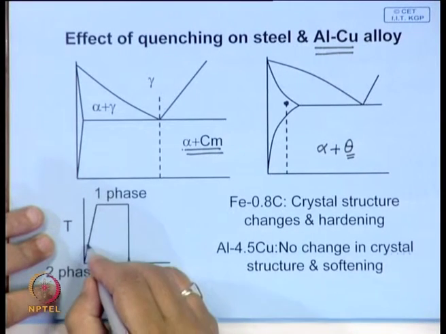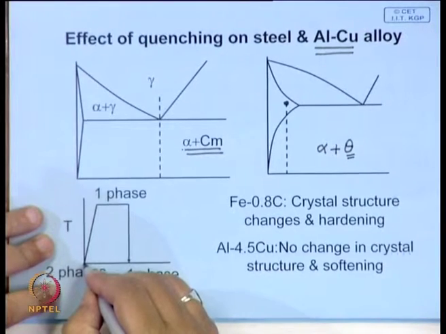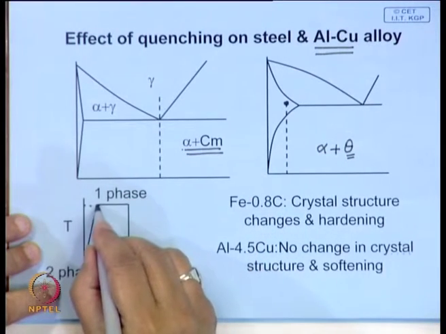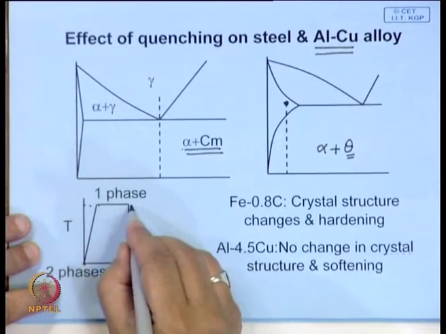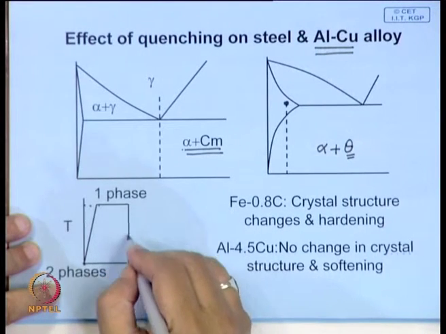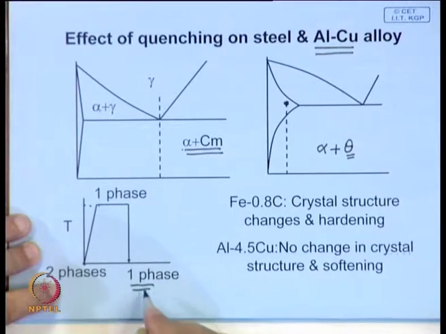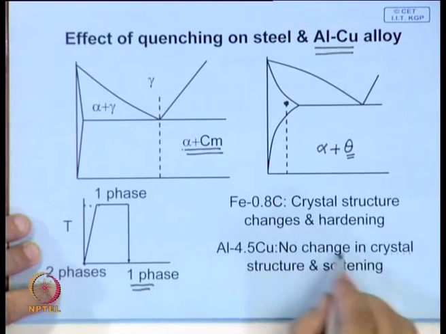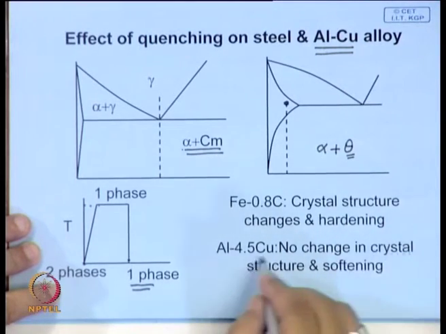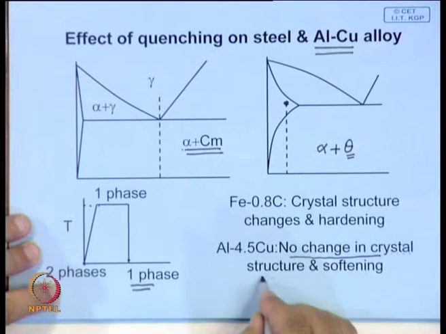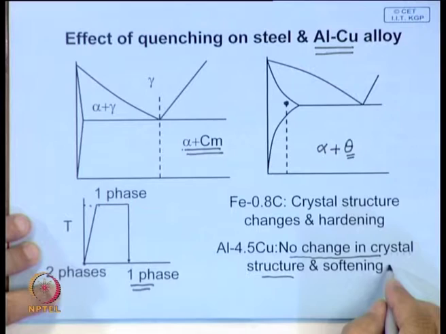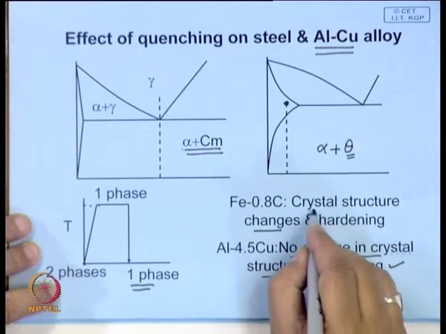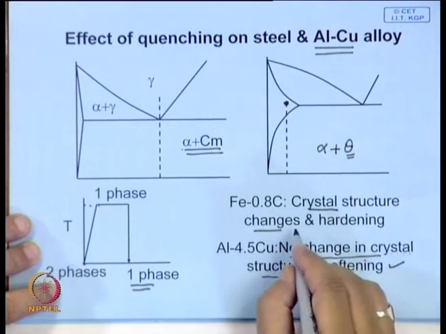So, overall, if you look at the heat treatment process, you have initially a 2 phase structure, you heat it to this temperature, into the single phase region, allow it to remain at that temperature for some length of time, then you cool it very fast, you get a single phase structure. Here also you get a single phase structure, but look at the difference. In this particular case there is no change in crystal structure and the material becomes soft, whereas in this case the crystal structure changes, and by changing this crystal structure you are